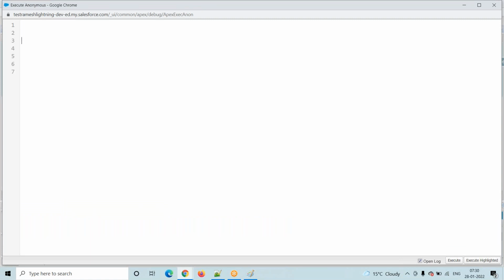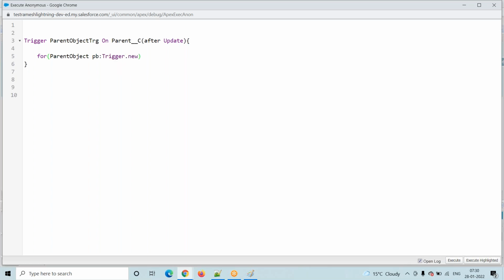I am writing my trigger in the parent object. Trigger parent object trigger on parent object underscore c after update. After update, there is no insert. Why is it not insert? Suppose I am creating a parent record, then there is no child record, so only the after update case only. For loop here, parent object pb